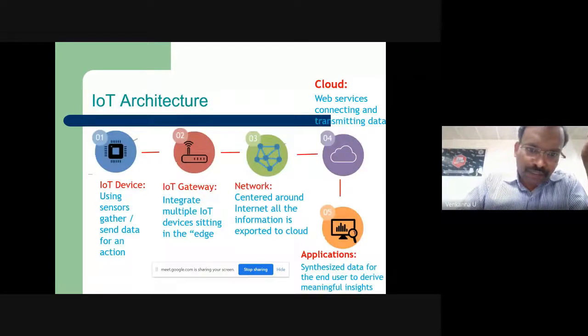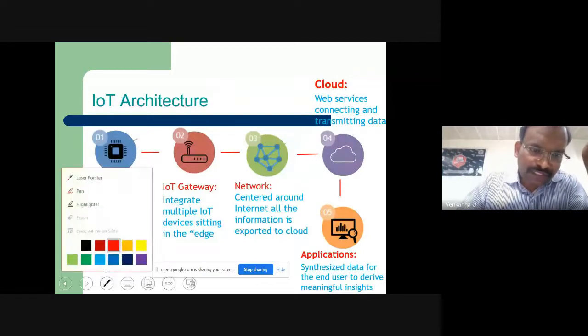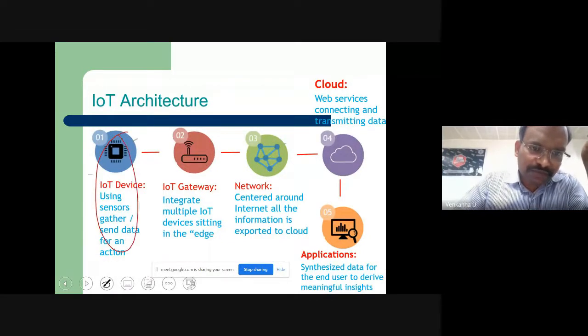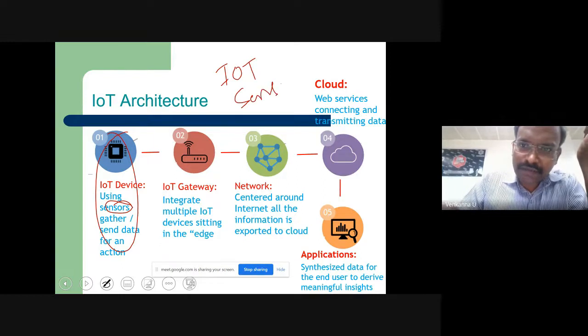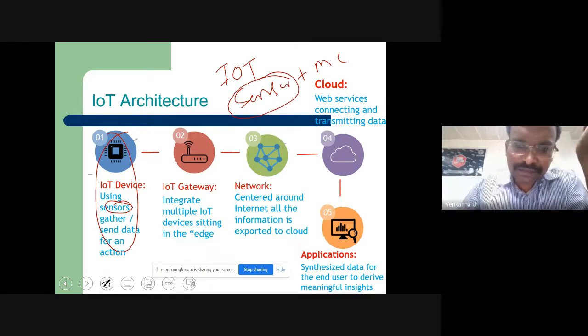In the basic IoT architecture, first you have the IoT device. Generally, you make the IoT device using various sensors as well as microcontrollers. So the IoT device is the available sensors plus any one of the microcontrollers. Now, what is the job of the sensors? Sensors are used to sense the data. For example, you are developing an IoT application for